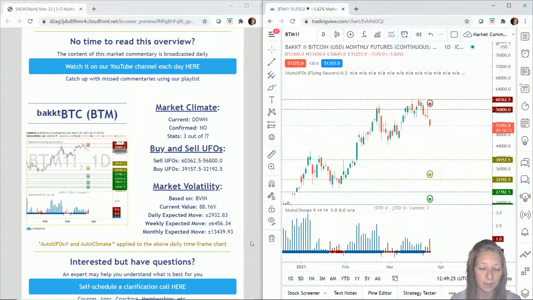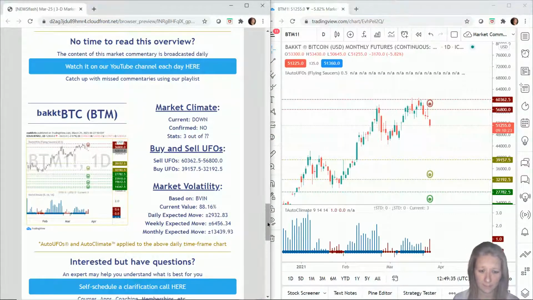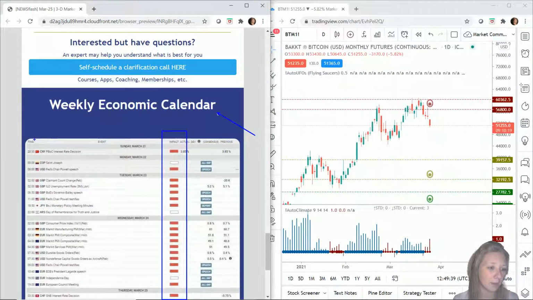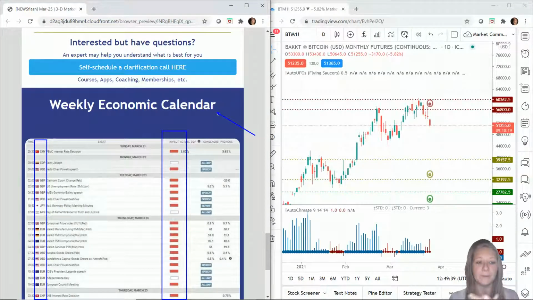The more something moves within a shorter amount of time, the more risk you have of being slipped or of being stopped out unnecessarily. So just be aware of that. Again, when it comes to volatility, that brings me nicely onto this. We can have a look at our weekly economic calendars. We go to the FX Street economic calendar, so you can Google that. We filter by high impact news and then by the markets that one could trade, right? There are loads of different markets all over the world.